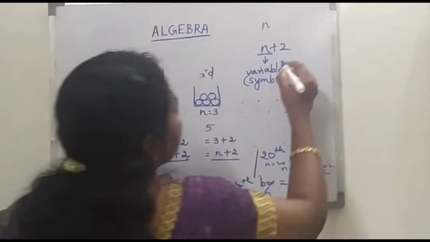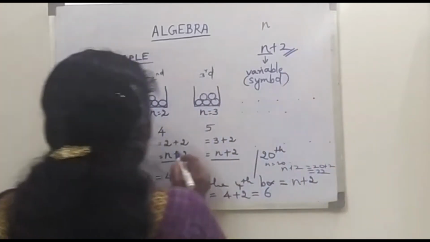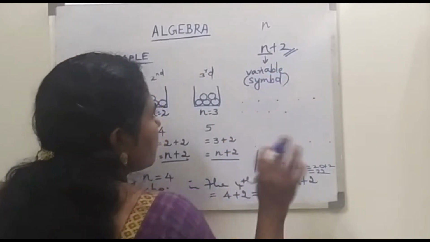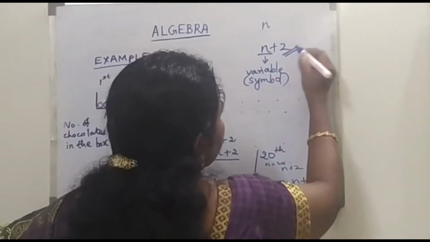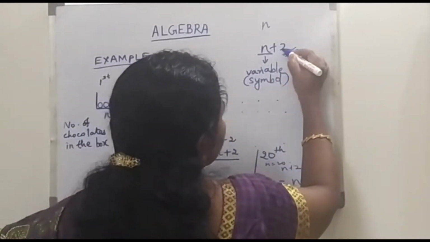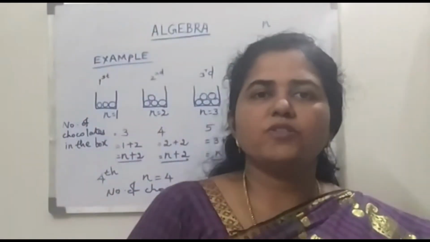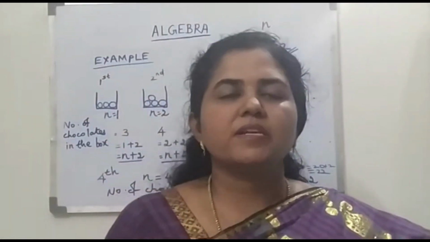Now coming to the second part, this 2 is going to be the same for all the cases. It is a constant. The value is 2 always. Some more examples of constants: it may be the date of birth of a person. It is not going to vary. It will be the same always.